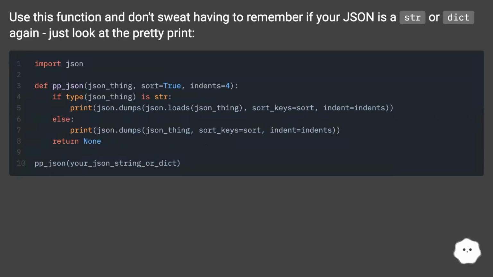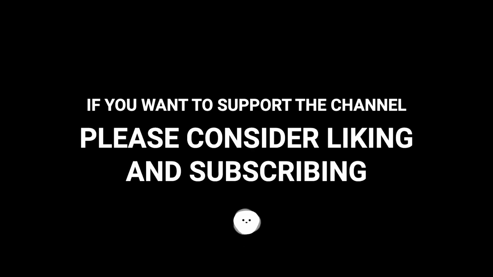Use this function and don't sweat having to remember if your JSON is a str or dict again, just look at the pretty print. JSON isn't very